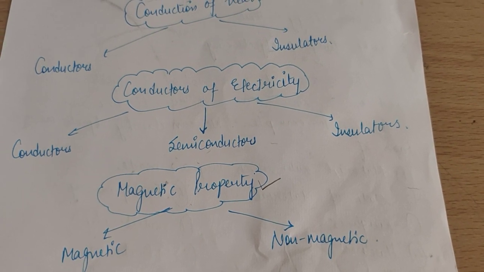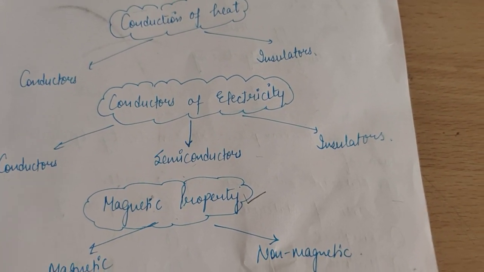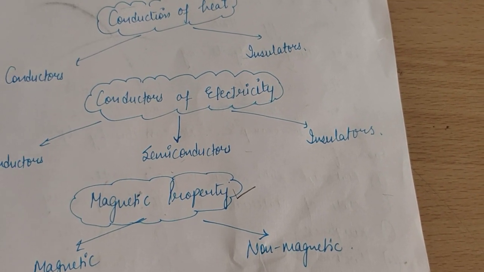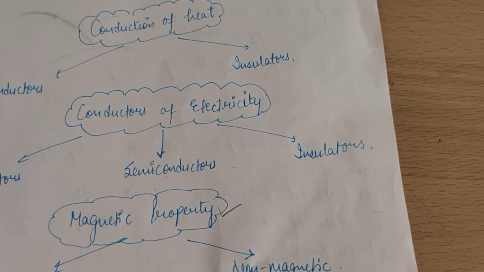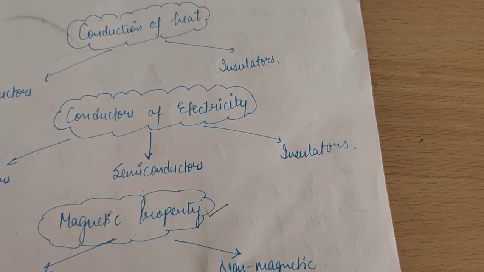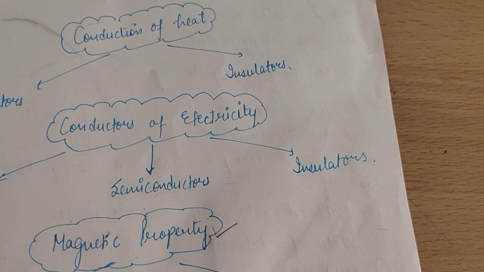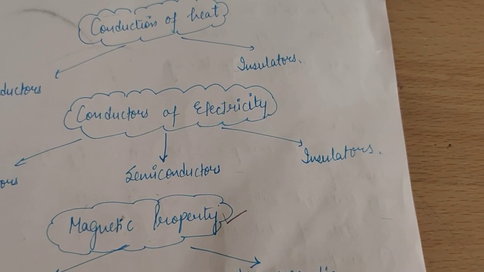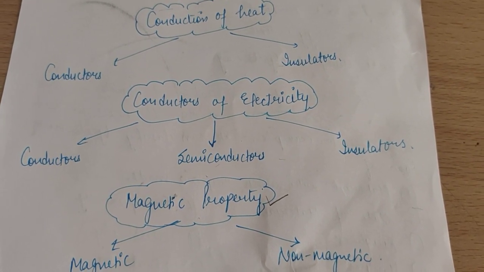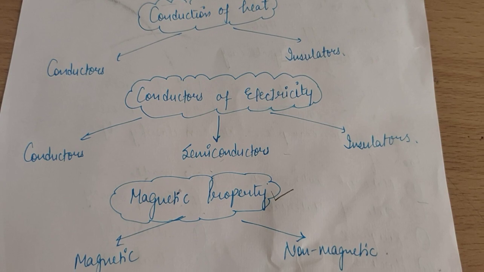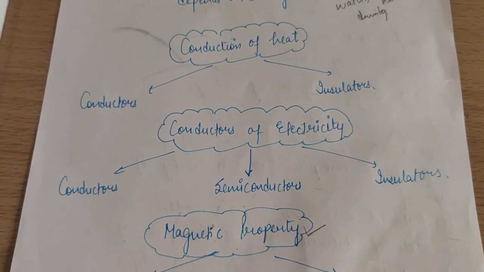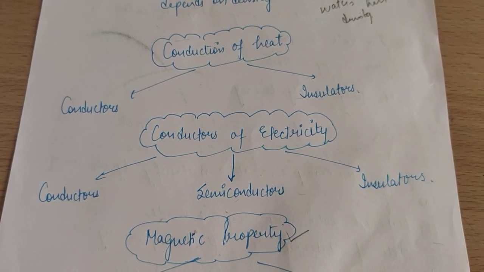Okay, students? So this was the whole chapter in which we have done how we can group together the substances around us in various groups depending on their properties. We can group the elements together on the basis of similarity in the properties or on the basis of difference in their properties. So similarity and differences in the properties both can be used as a criteria for grouping together the substances. Okay, students, so I hope the concept of sorting materials into groups is very much clear to you all.